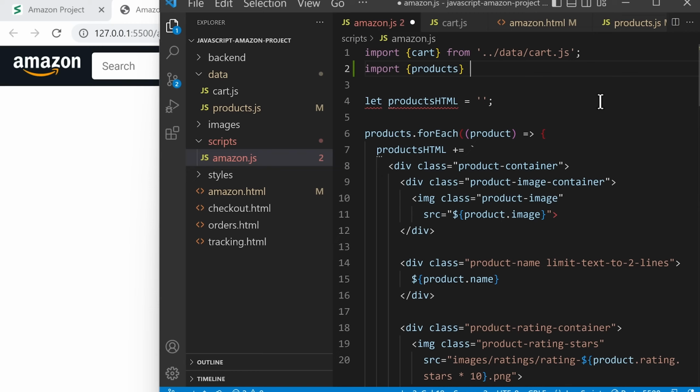And we're going to get this variable from single quotes, semicolon, and then inside here, we're going to locate the products.js file. So we're going to type two dots and slash to go outside of the current folder, so outside of the scripts folder, and then we're going to go into the data folder. So we'll type data and a slash to go into the folder, and we're going to locate the file